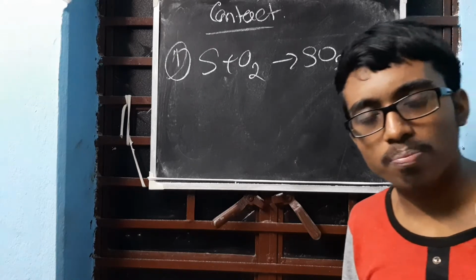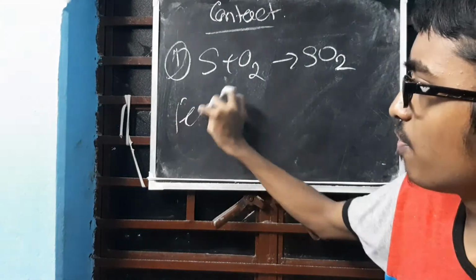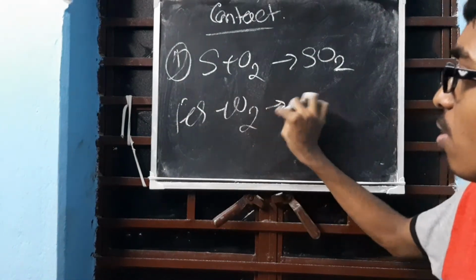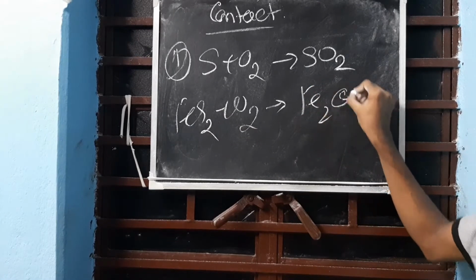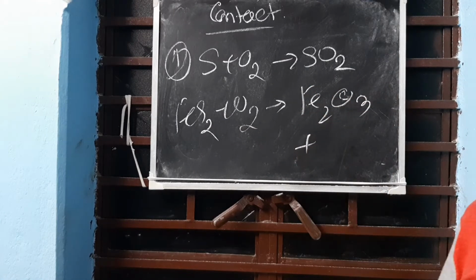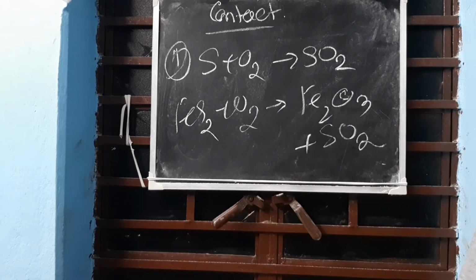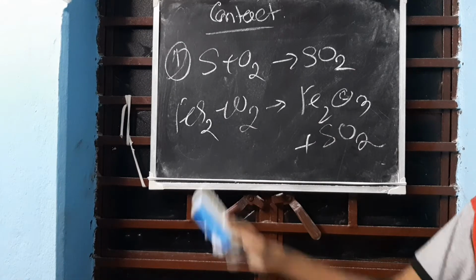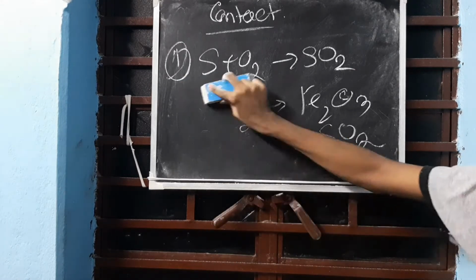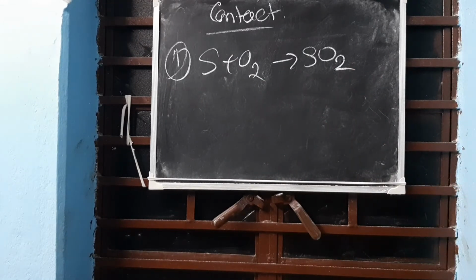Why will you go to complications? Just do this reaction. I know you have another reaction, that is FeS plus O2 forms Fe2O3 plus SO2. I know you have this, but why do you need to go to complication? Just do it simple. Clear? Do not go to this reaction. We will write this reaction: S plus O2 forms SO2. Simple reaction we will write. Clear? Next step,